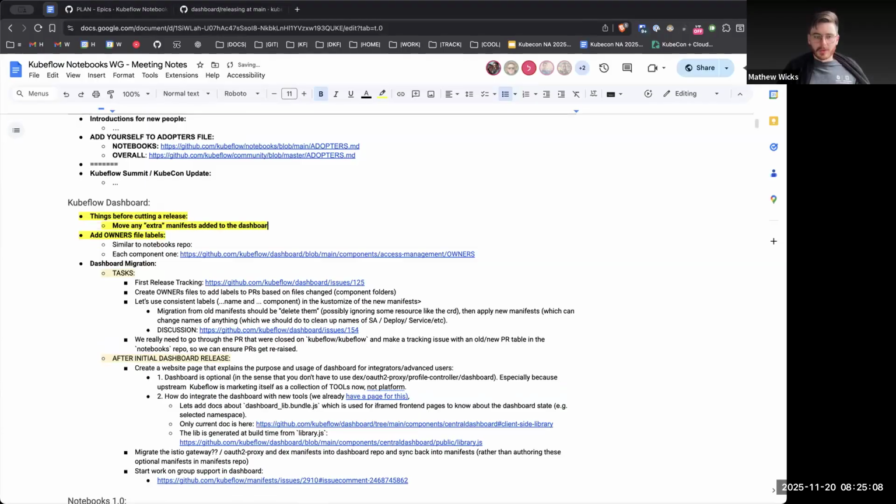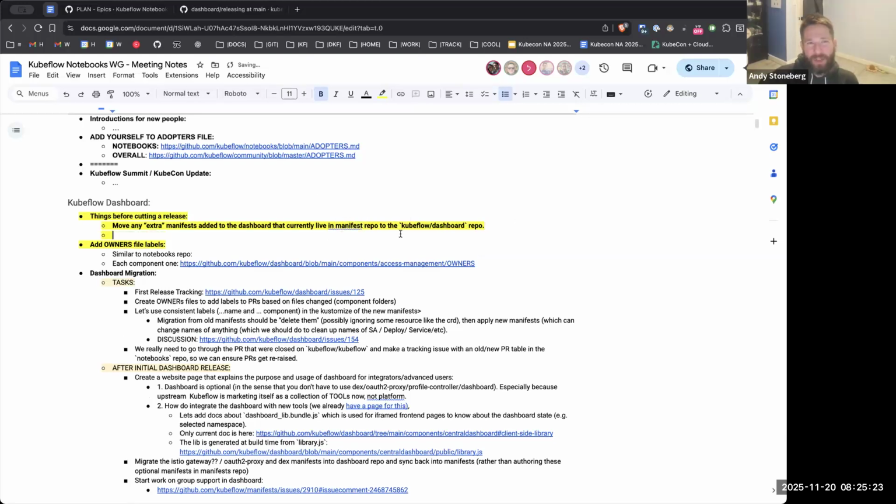The manifests for the dashboard that currently live in the manifest repo, into the Kubeflow dashboard. And I guess that PSA thing isn't an extra manifest.